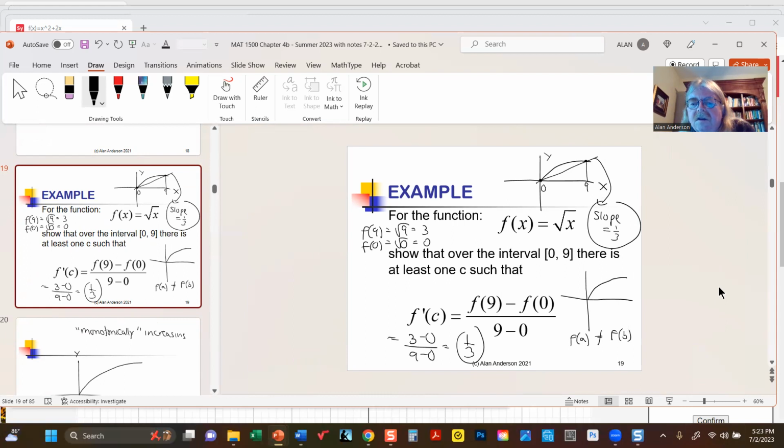So the secant line has a slope of f of b minus f of a over b minus a. Now this is the square root, so since a is 0 and b is 9,